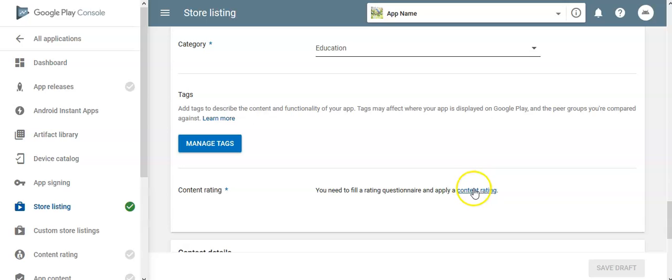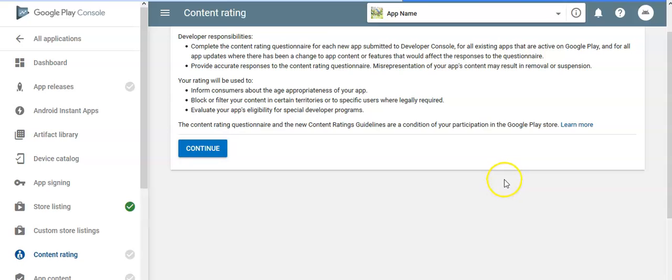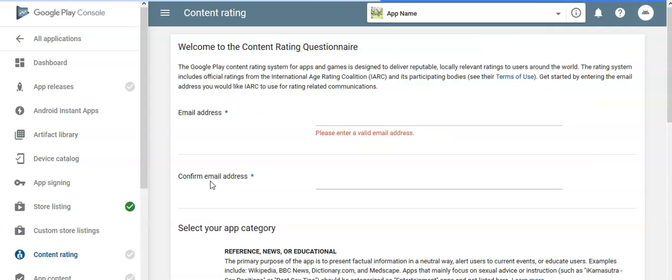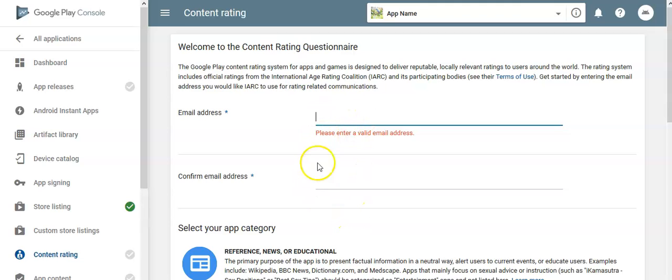Next, click here content rating. Click here continue. Then you need to give email ID here in both these places.